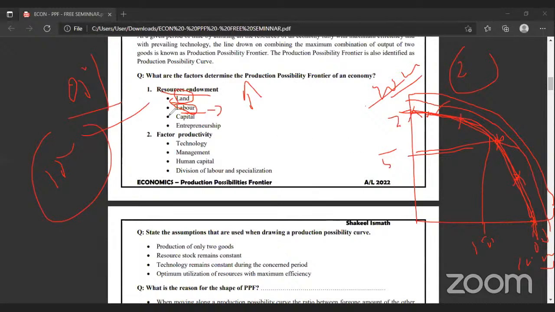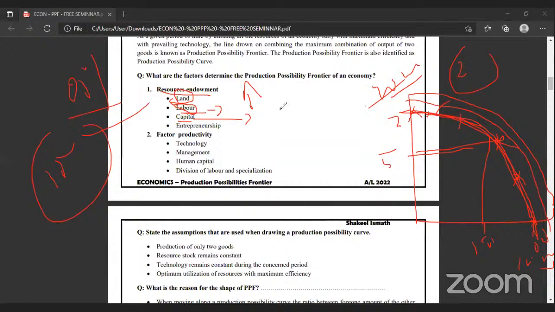Capital resources. For example, foreign direct investment. China is investing, for example, $500 million in terms of machinery. They are bringing machinery and vehicles to construct something here. So our capital availability is increasing. Then our production possibility will shift to the right side. And entrepreneurship. After A-levels or after a university degree, many people are coming out as entrepreneurs rather than employees. They become employers. New companies are emerging. Then it will shift our production possibility to the right side. At the same time, the other way around is also possible, such as a tsunami.